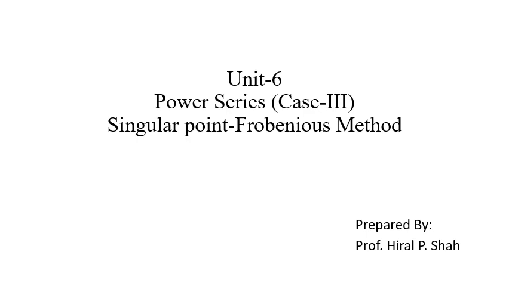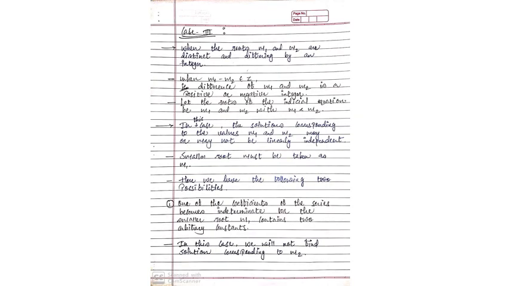Okay. So see here I have written some notes, and that is very important. See here, case 3, when the roots... Okay, before this, I'm repeating case 1 and case 2. Case 1 was for the roots m1 and m2, in which the roots were distinct and did not differ by an integer, right? In the second case, the roots were equal. Now in the third case, the roots m1 and m2 are distinct and differing by an integer.